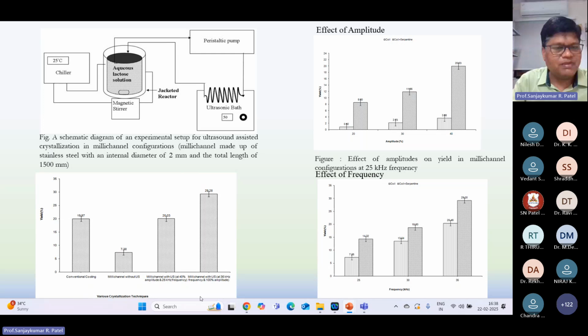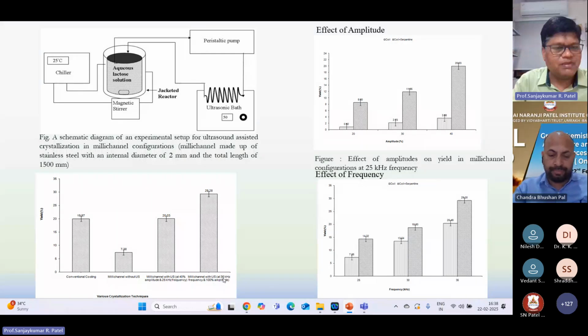And in the same millichannel with ultrasound at 35 kilohertz frequency and 100% amplitude, what happens? So we compared all these methods together, and finally we saw that